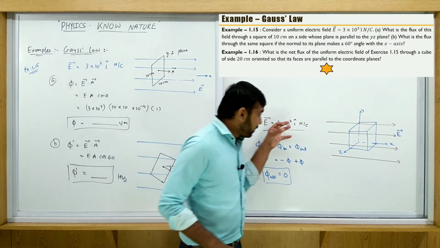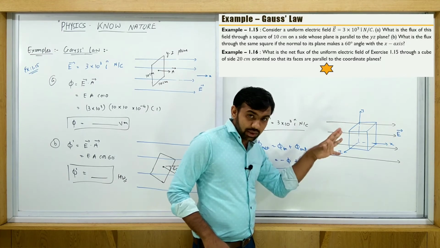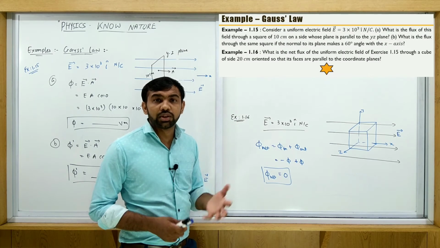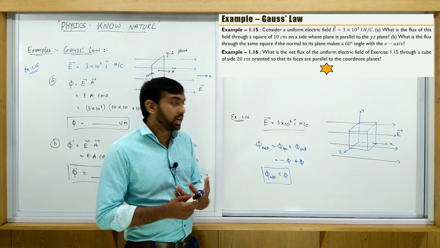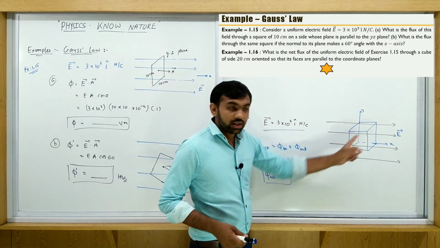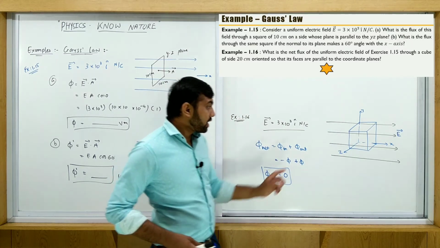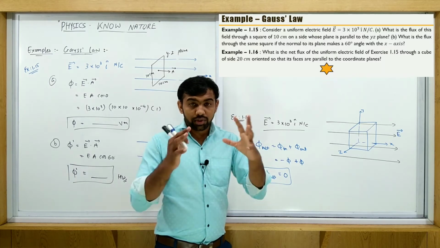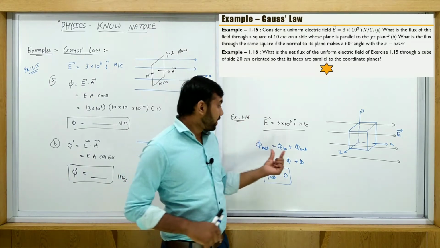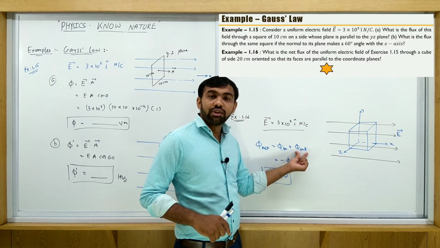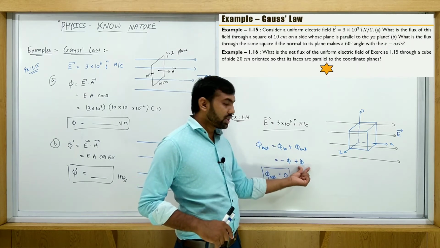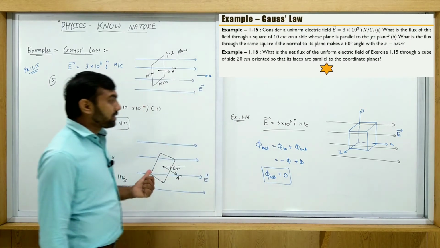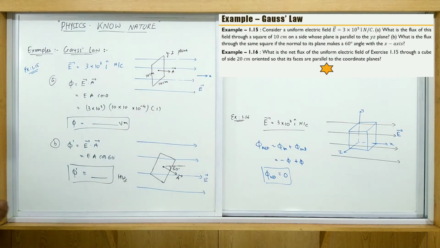Why? Whatever field lines are entering into this, the same field lines must come out, if you put any closed surface into the electric field like this. So our net flux is what? 0. Here maybe you are getting the flux linked with one surface, but if you put a closed surface, then phi in is equal to what? Phi out, but phi in is negative and phi out is positive, so the net answer is what? 0. Okay, all of you note this example, then after that we will go to the next one. Note it.